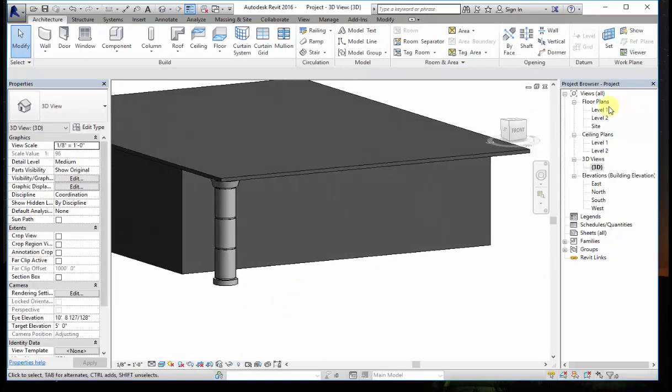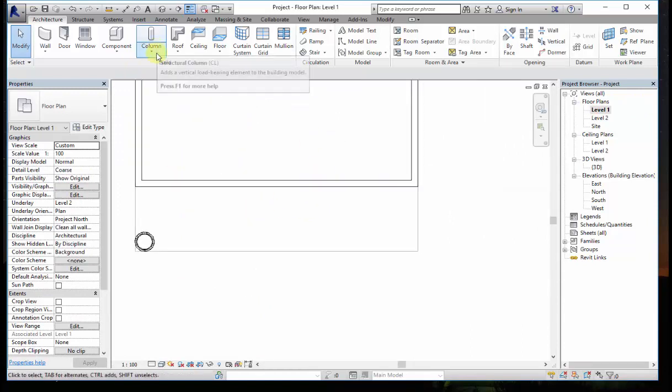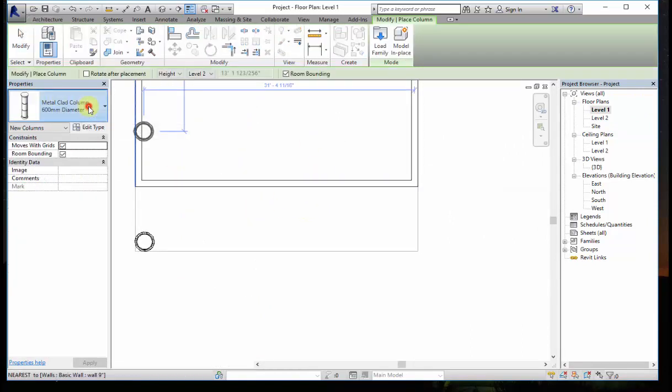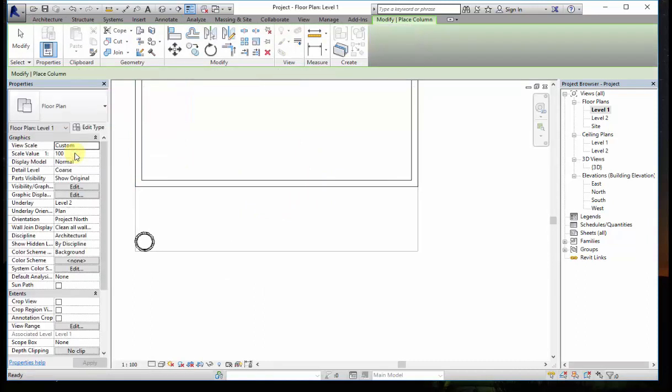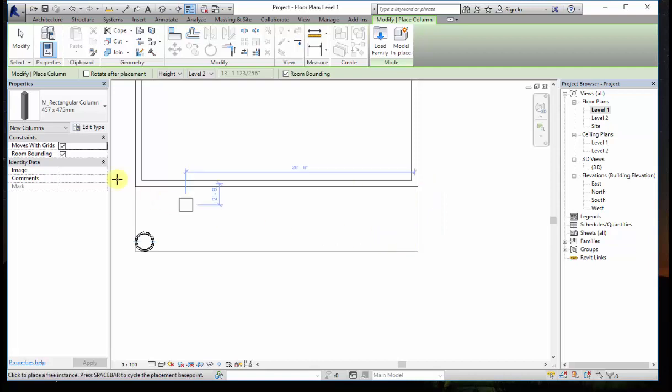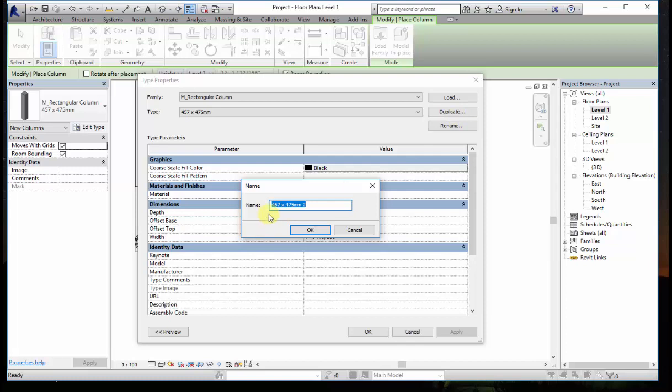Not only this, if you want to place a rectangular column as well, you can place it over here. So I'll select column architectural, drop down the selection bar, and select a rectangular column here. If you want to set the length and the width of the column, then again I'll click on edit type. I'll click on duplicate, and here I'll give the size as a 15 inch by 9 inch column.